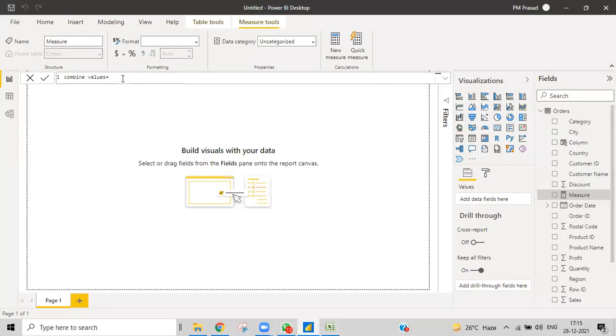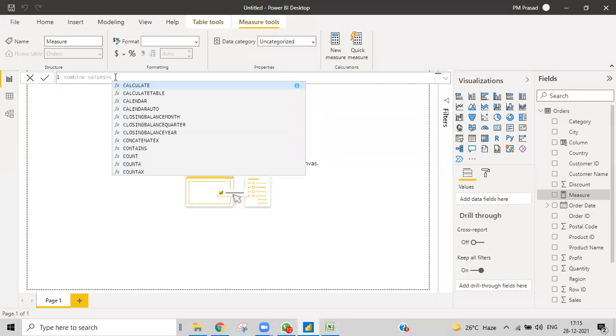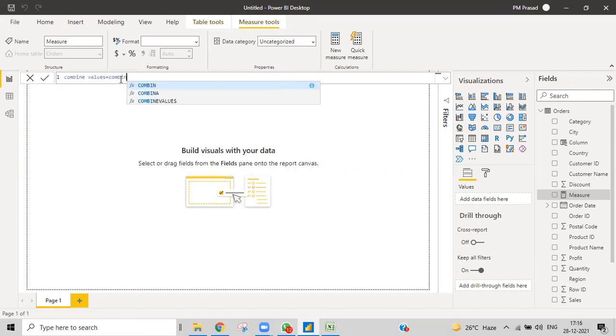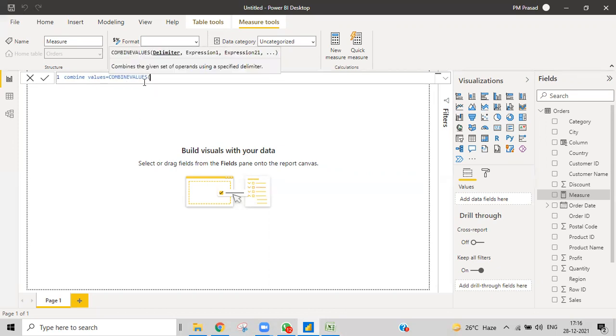So how can we use that? I created a measure with right click and new measure, or else you can go to modeling and create a new measure. Then give a name to that measure. I've given the same name as my function so that you can remember. You can give any name. Let me first give the function. You can see whenever I'm typing, I'm getting help from here. You can choose from that. Whenever you click on that, or press tab, the function comes over here.